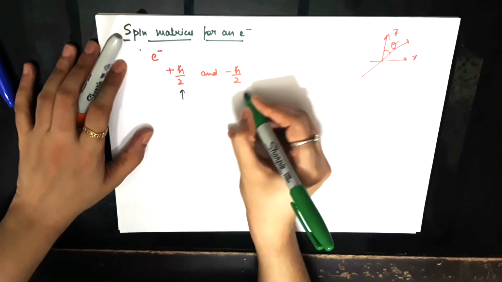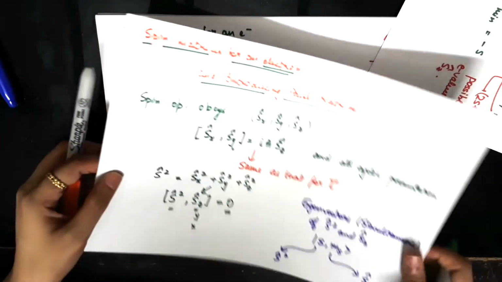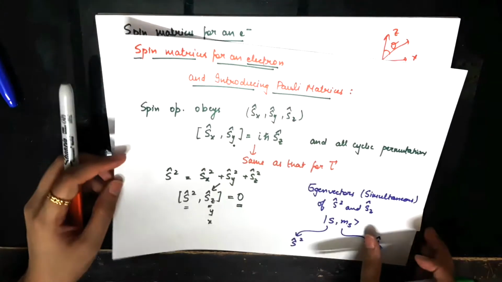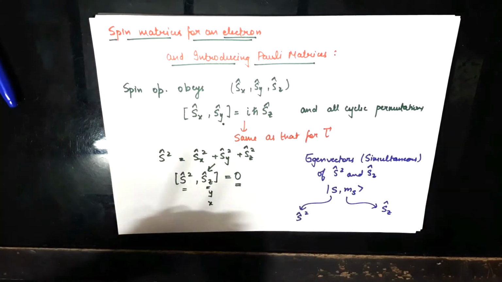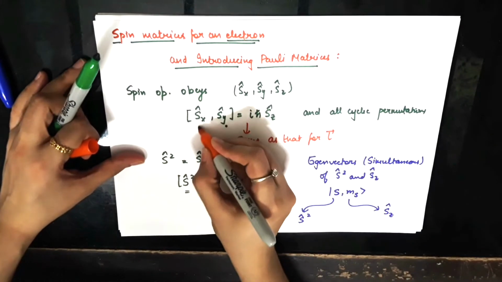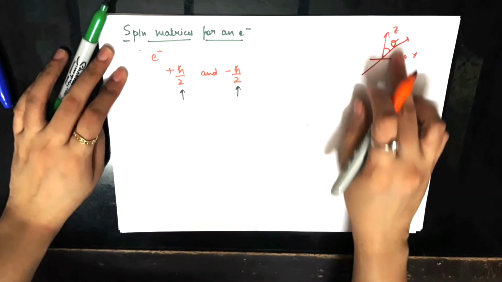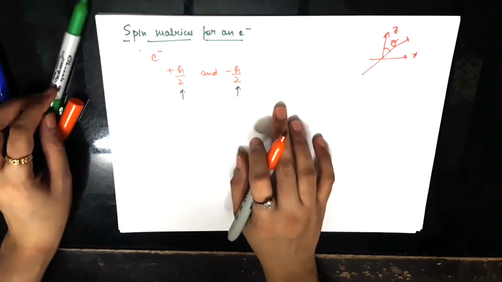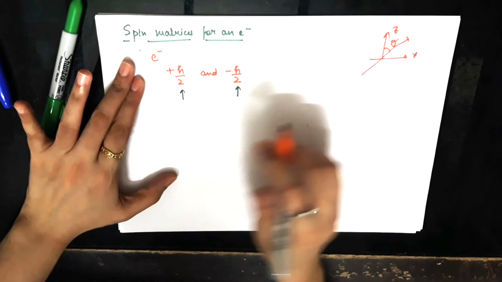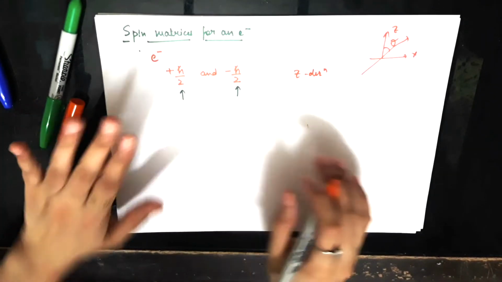So these are the two eigenvalues, and this is one of the reasons why, in the beginning, I said that I am just choosing Sz to begin with, but things are equivalent for Sx and Sy. This is because no matter in which direction you choose to measure a spin, you are always going to get plus minus h cross by 2. So to begin with, I just choose that I start with the z direction.